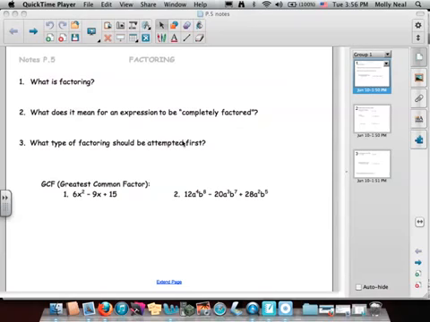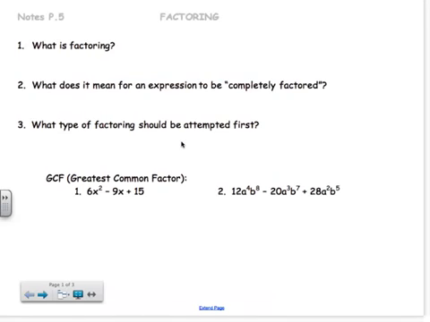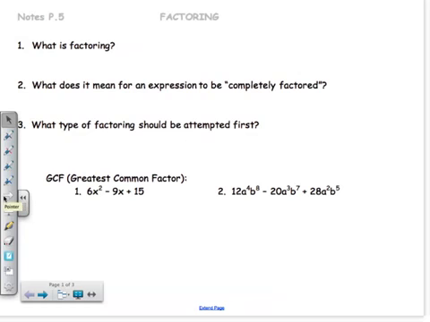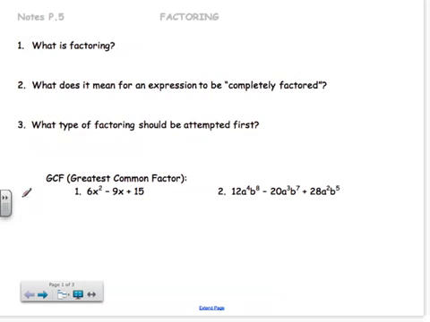So in the next section of the prerequisite chapter, we're going to be looking at section 5, which is all on factoring. So I think we're all familiar with factoring. I'm sure by now, having gone through Algebra 1, Geometry, and Algebra 2, you've done quite enough factoring to make you happy. But what we want to make sure we focus on here is to make sure something is completely